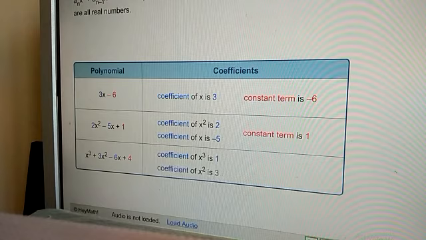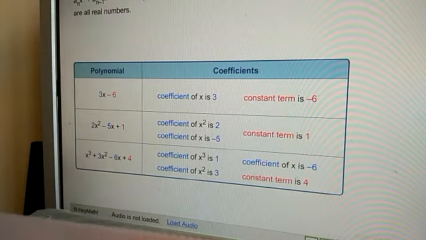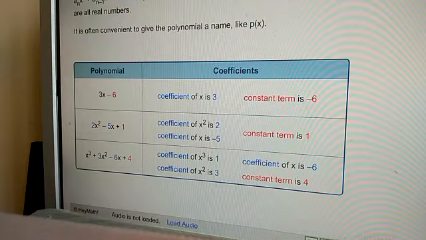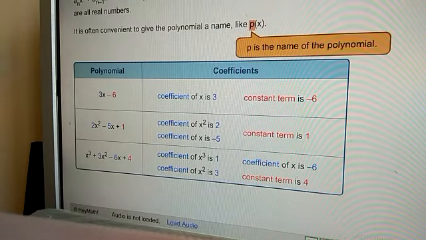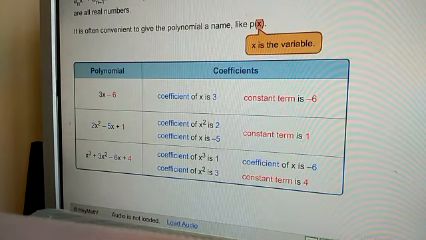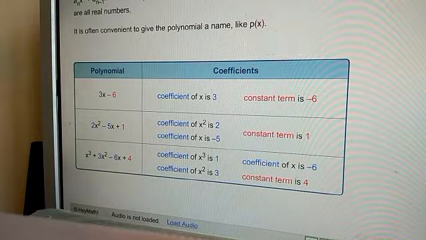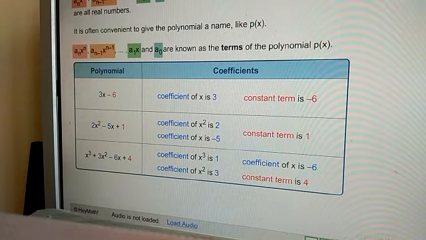Now the next one is also a polynomial. Observe all the powers of x. It's not necessarily always x. It's not necessarily that the variable must be only one. It can be more than one variable. So we will mention polynomial in 2 variables or polynomial in 3 variables, like that. A polynomial can have any number of variables, but the power of the variable must be a whole number.